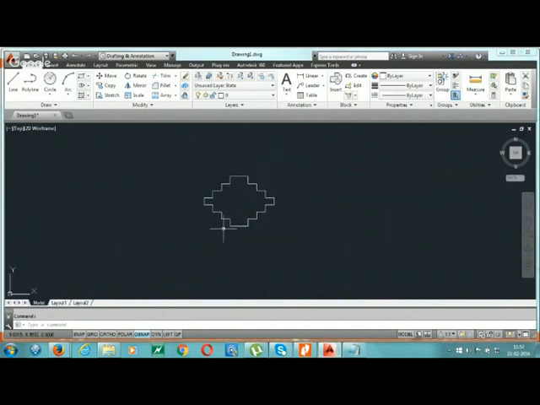We are going to the relative polar coordinate system. Our exercise is